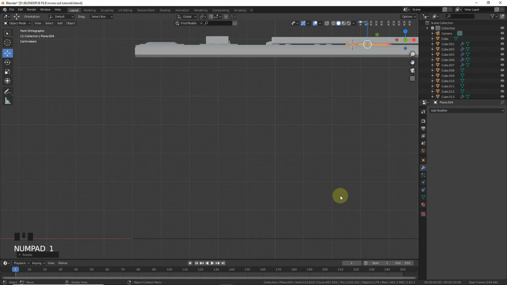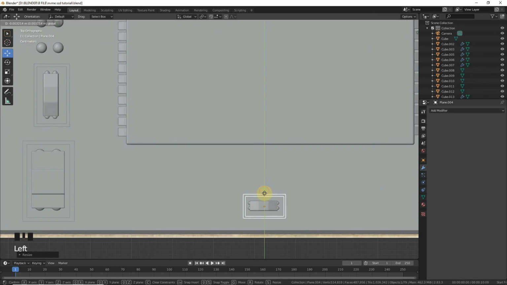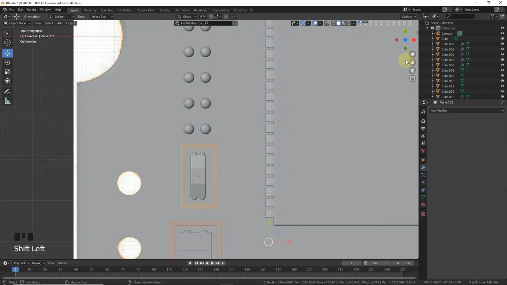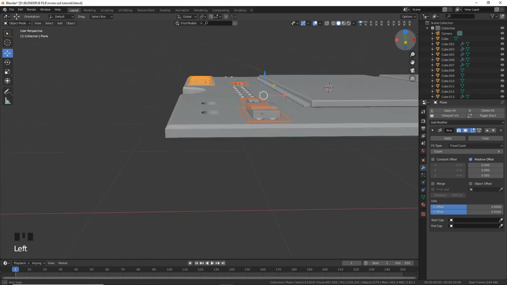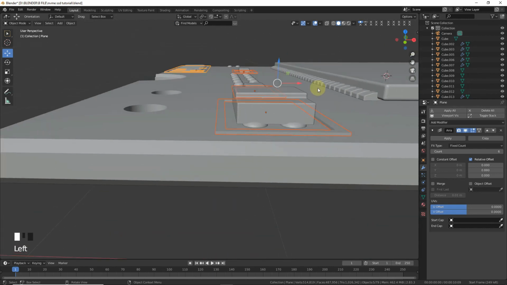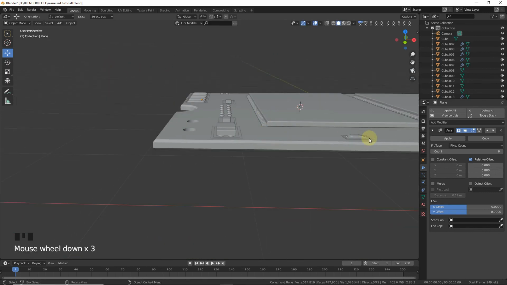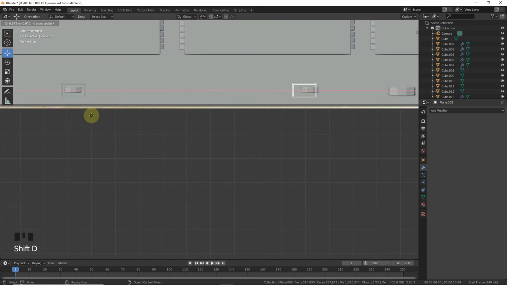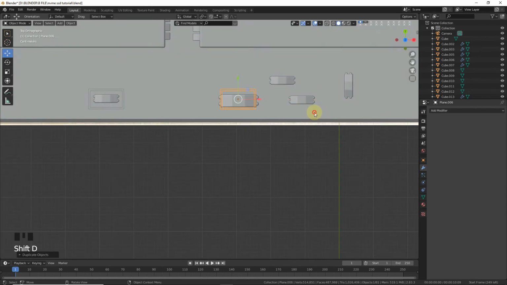Yes, I know. Select, select, and select, and select. Now grab on Z axis a little bit. Now press 7, Shift D on X axis, leave here, Shift D on X axis, and scale on X axis,